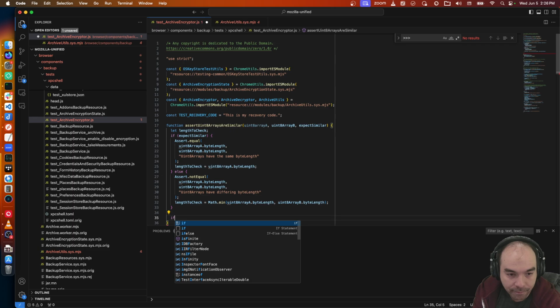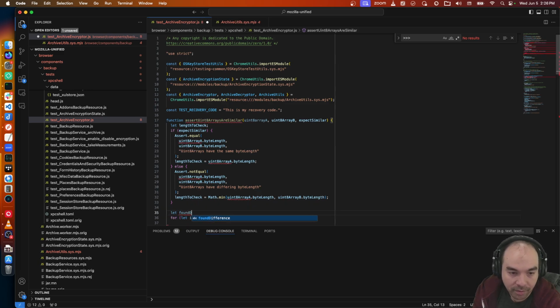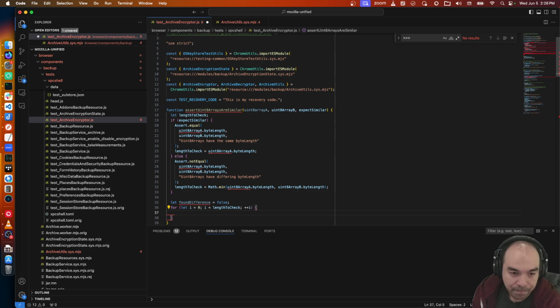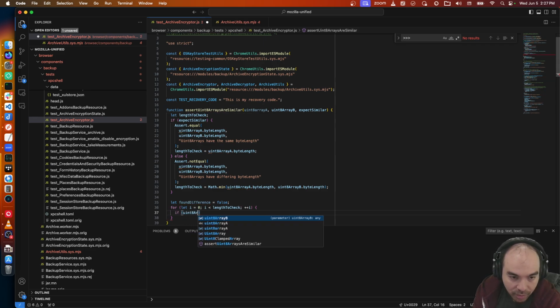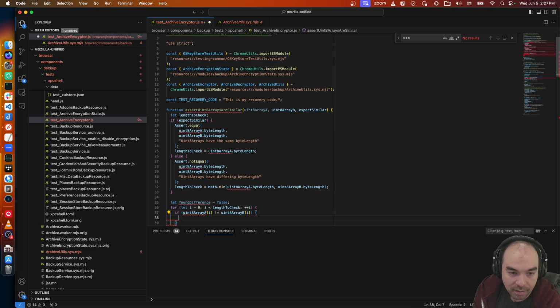For let i equals 0, i is less than length to check, plus plus i. Let found difference equals false. If Uint8 array A at i is not equal to Uint8 array B at i, found difference equals true, break.